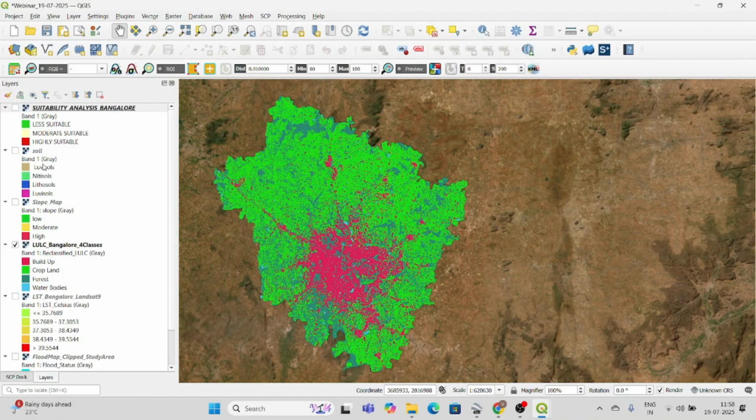Okay, if the analysis you are providing is right, check the factors, and check the weightage you are giving. You should also check the different scenarios, what things you can think about, and what your conclusion is, what you want. These are the things you should prepare. Okay, and that's all for the session.